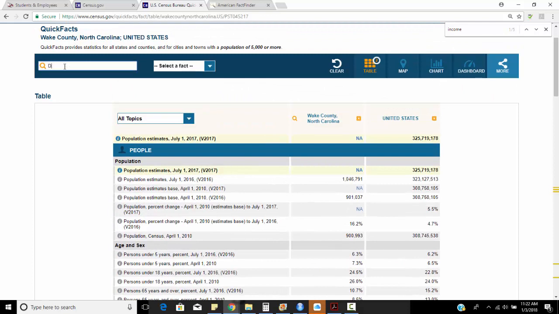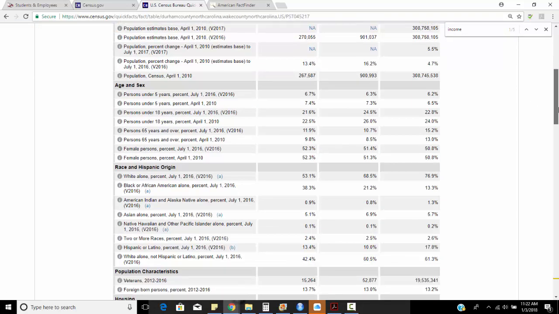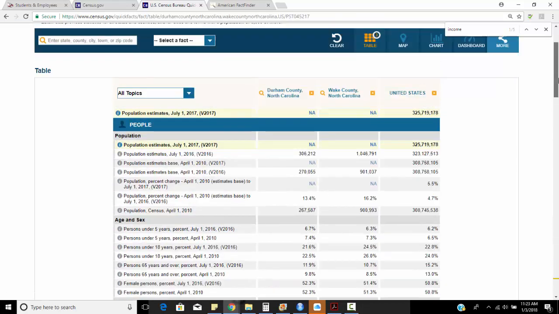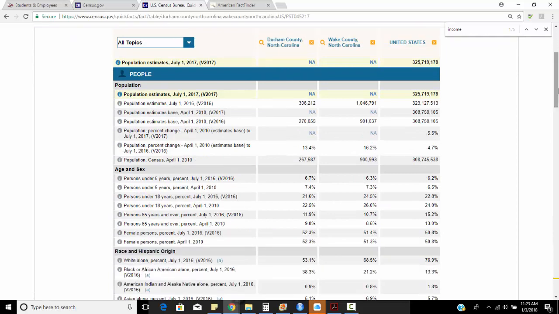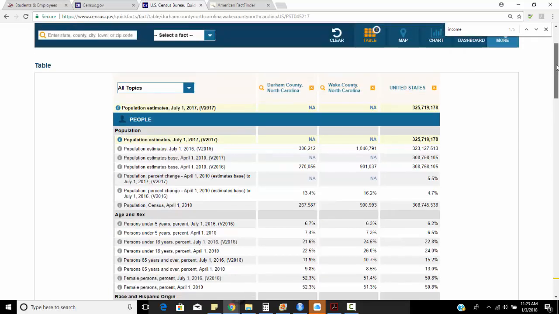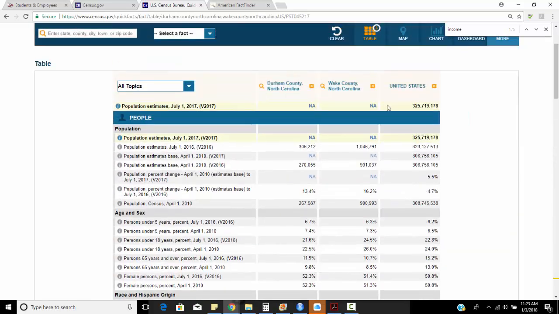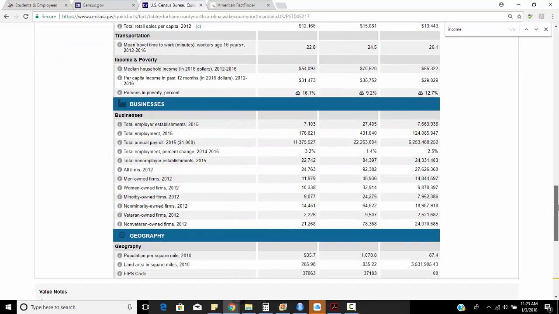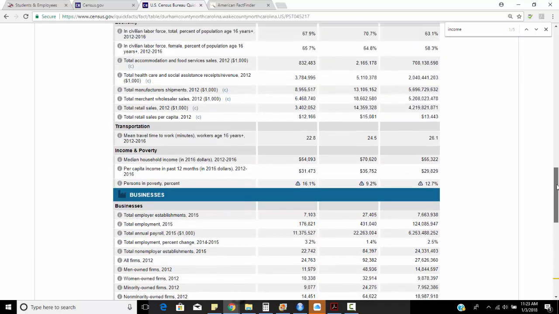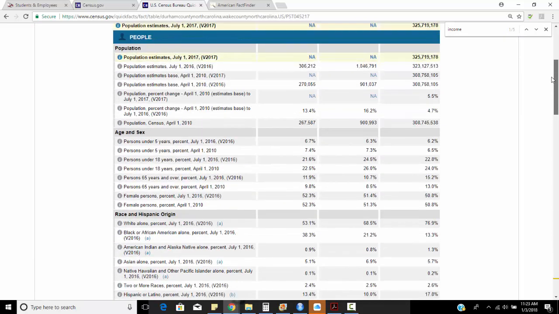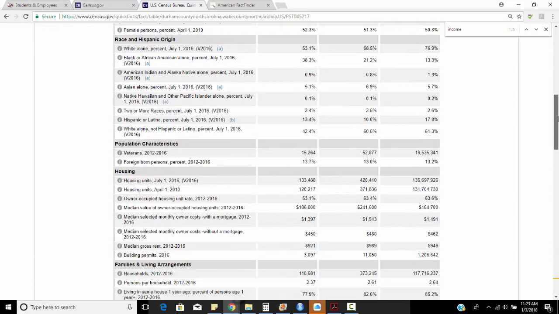So, there might be other cases where I can type in Durham County, North Carolina, so I can compare these side to side. Okay? And we do have some exercises, or you might have some quizzes where you have to look these up side to side or look up a number of different attributes accordingly. So our particular columns right here represent different enumerations we're looking at, and then the rows across represent our different attributes that we're looking at. So the setup's a little different than our GIS, but you can see the way that we can look up